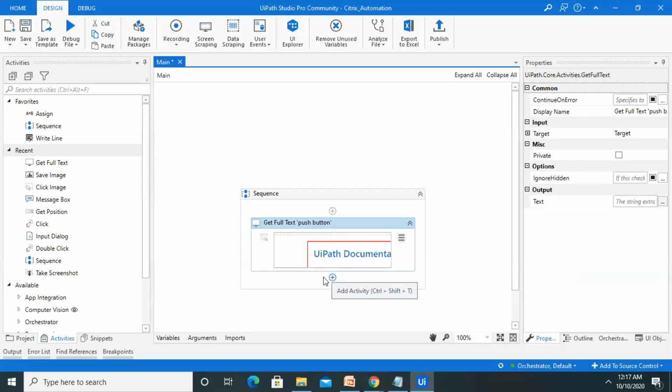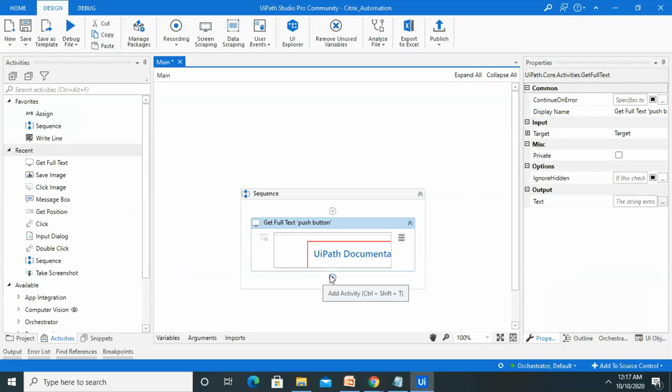So if you want to show this text in any message box or in any specific place, take an example of capturing or collecting data from several e-commerce sites, where we want to extract the product detail or any specific information about the product and save it to the Excel file.